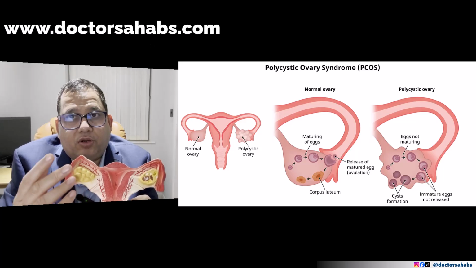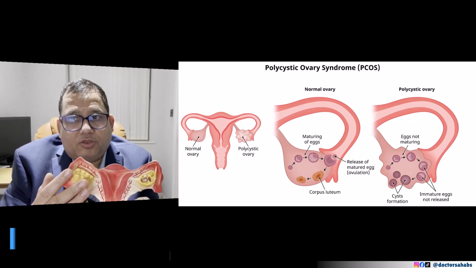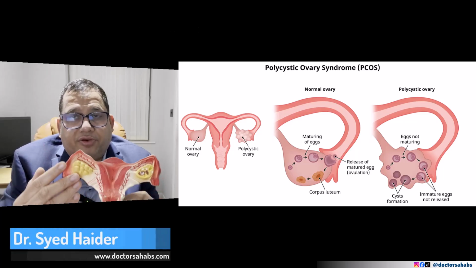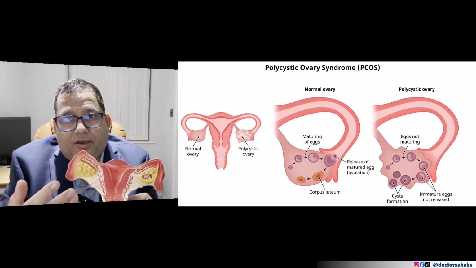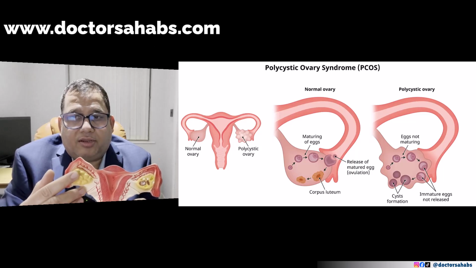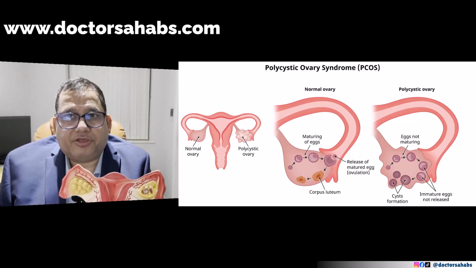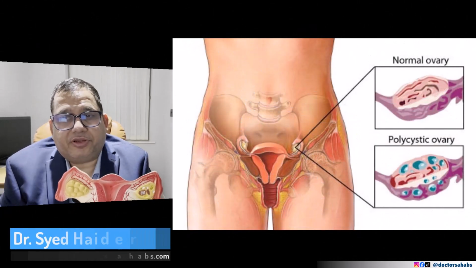So irregular period because the ovaries do not regularly release the egg during the time of ovulation, and if they don't release the egg, that process interferes with the menstruation cycle, and the patient can experience irregular periods